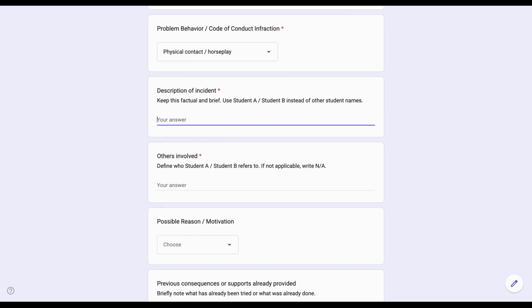For description of incident, I feel that this is an important training for your staff as well. We keep our incidents brief. We keep it factual. This is not an opinion. We do not need to know what the staff member feels that the administration should do. None of that needs to happen. Keep it factual, short, 1 to 2 sentences so that we get the gist of what happened, and then we can start our own investigation as needed. So student A pushed student B,